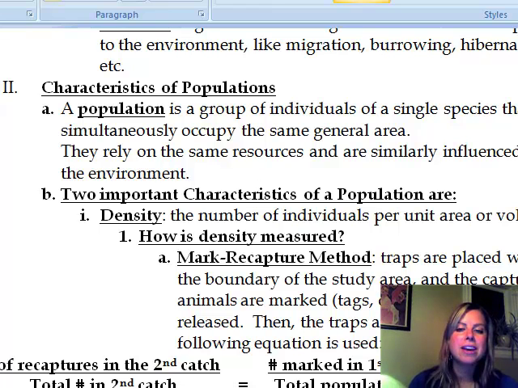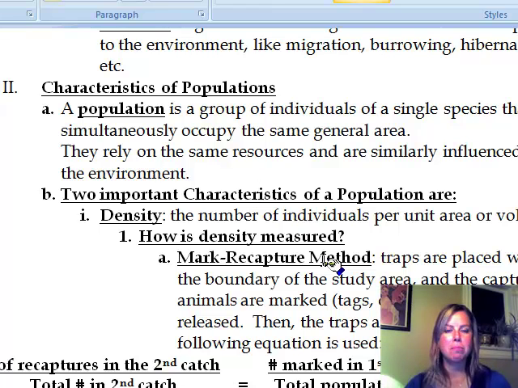The way that we can measure density, the most famous way, and we're actually going to do an activity on this, is what's called mark and recapture. I bet you can guess what that entails. You're going to catch organisms, mark them in some way, let them go, and then recapture them. Now, the important thing about that is that you definitely need to use this equation, first of all, but